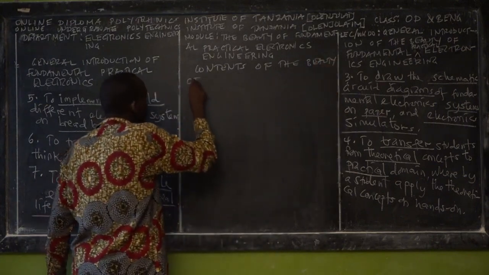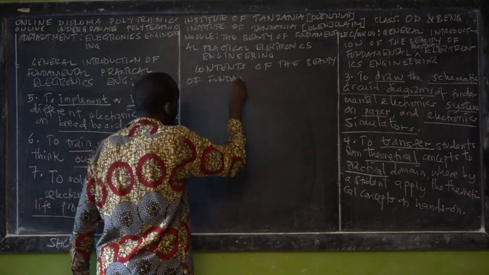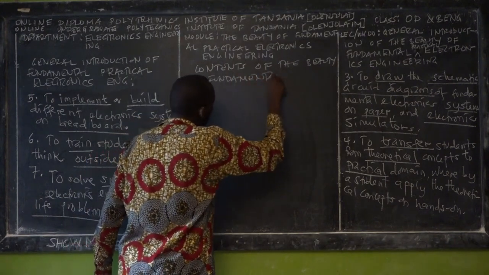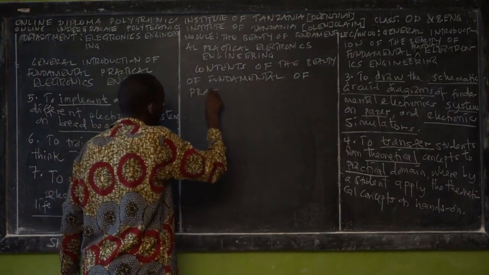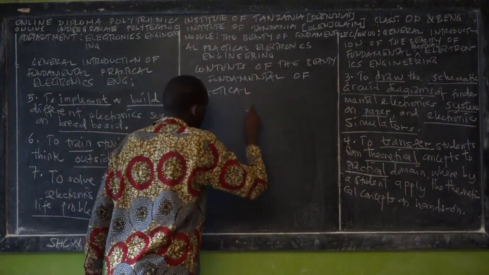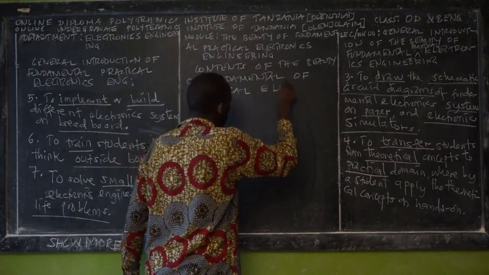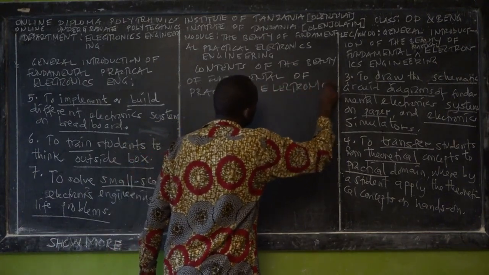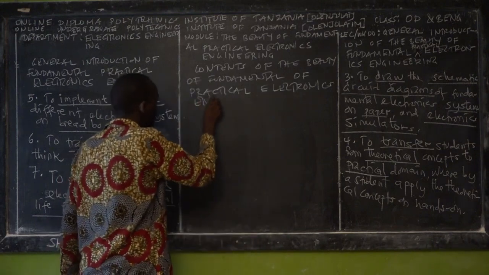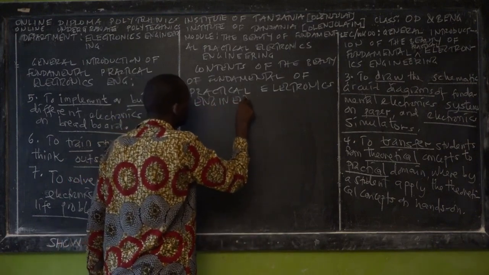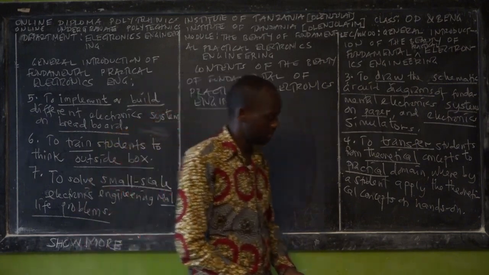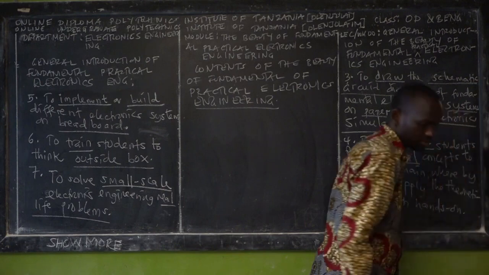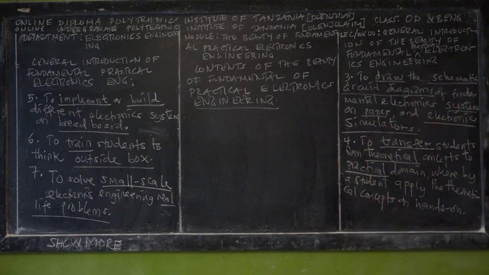Contents of the beauty of fundamentals of practical electronics engineering. The meaning of contents is: what are we going to cover? What are the contents that we are going to cover? So from those specific objectives, can you predict